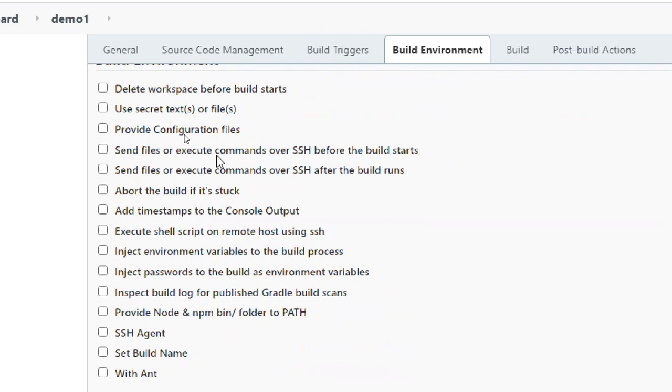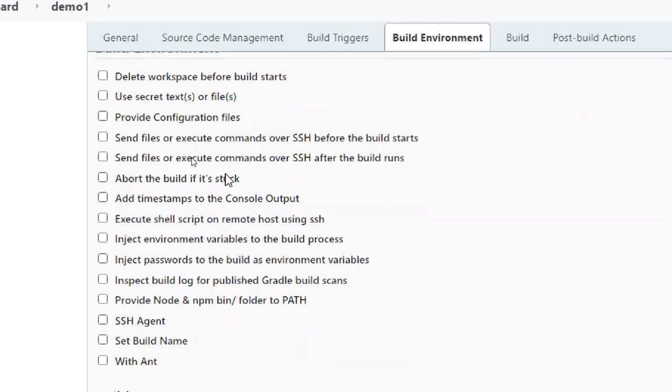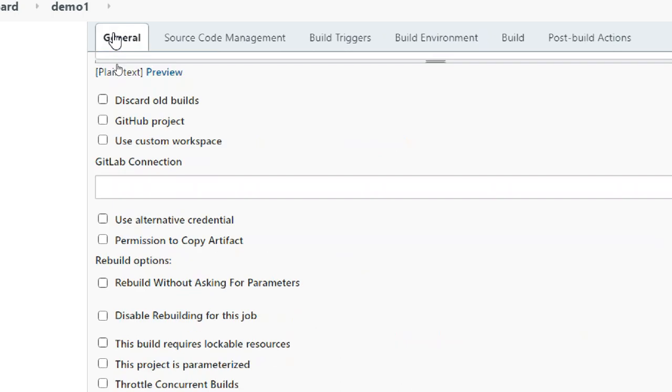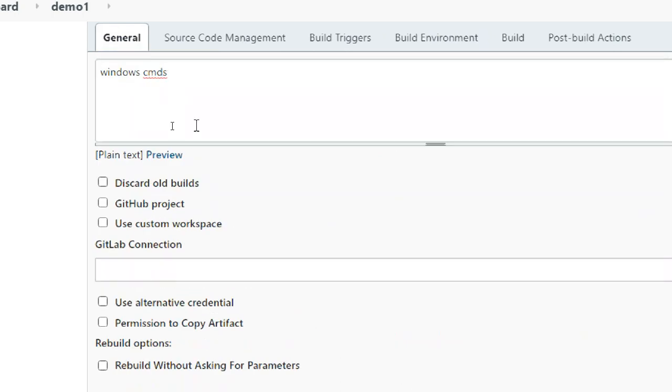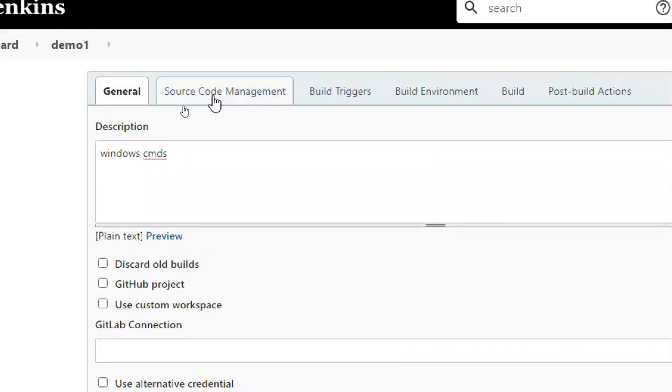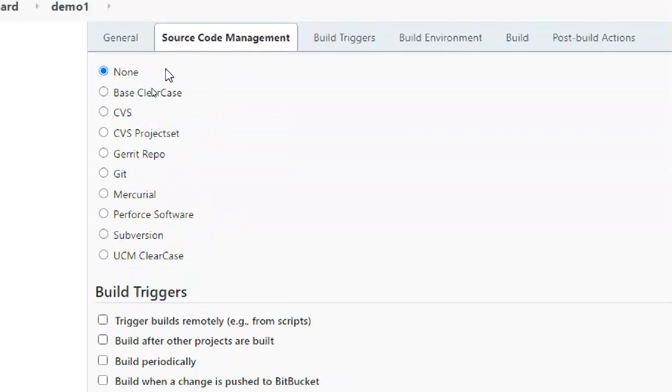Build environment: where you want to build it, what kind of environment, what kind of connections, what kind of environment variables and paths are required. You can go for build environments. Whether you give a description or not is your wish. The very important thing in all of this is source code management, where your source code is.